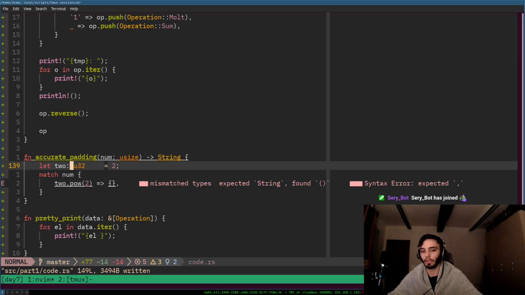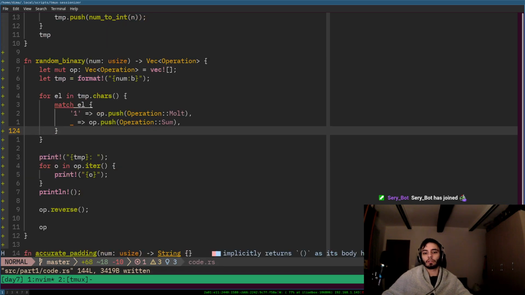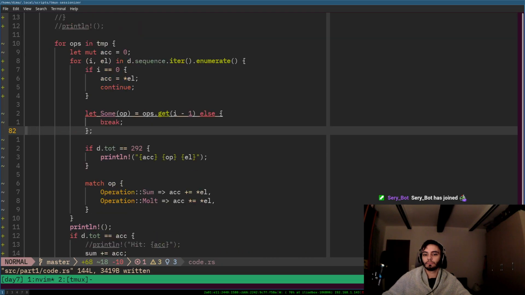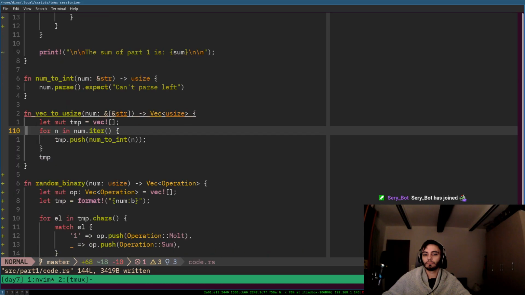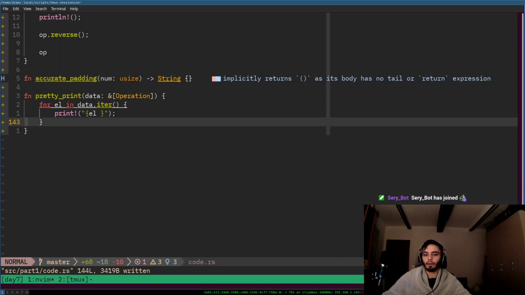Method calls are not allowed. Well, accurate padding should return depending on how far along it is. Yeah, should be saying like 2 to the power of,